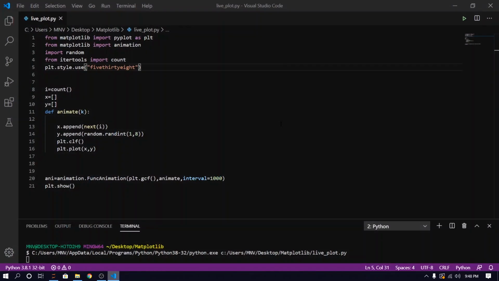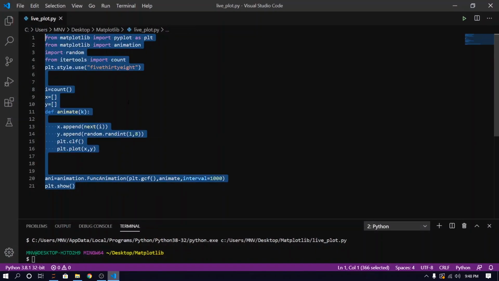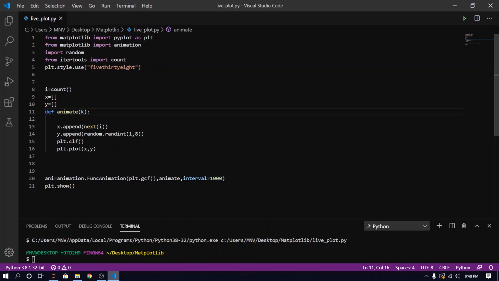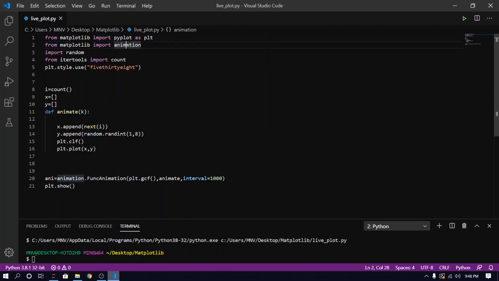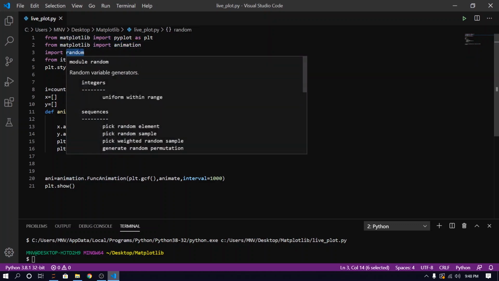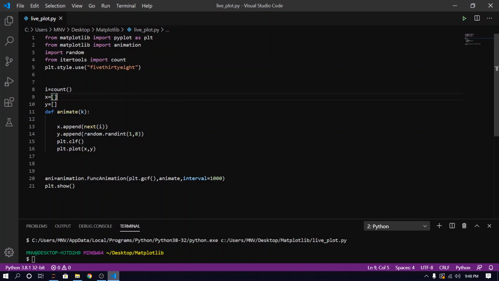One more time I'm going to revise all these things. First we imported our module, plt pyplot from the matplotlib module. The other class we imported is animation from matplotlib. Here we imported the random module because we want to generate random values for our y.